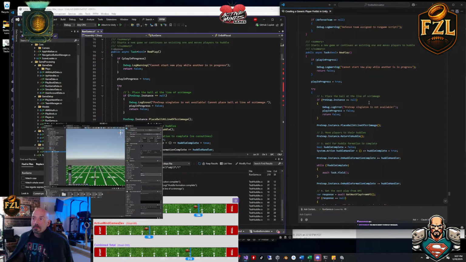Cannot place a ball at the line of scrimmage. Now, this is one of those things that we should have this object. That's another one. I don't like a lot of these tests. They just go, hey, this isn't a thing, right? So